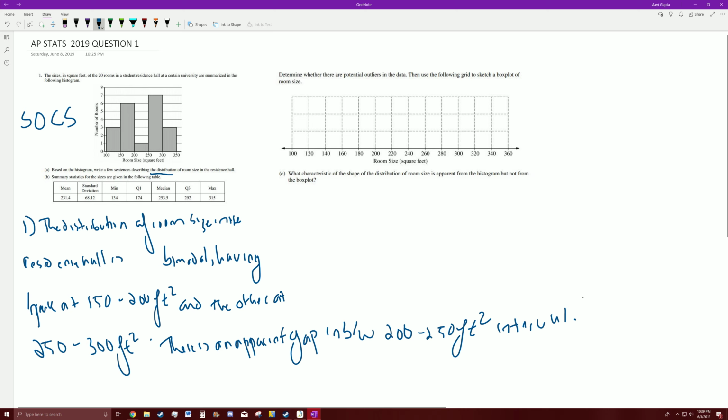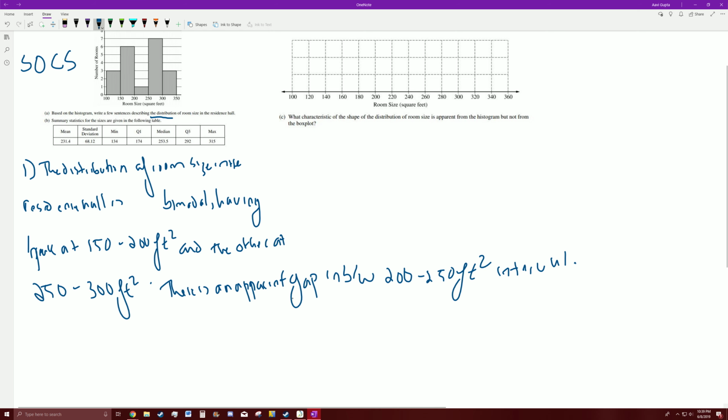Let's see. We should also talk about measure of center. So mean will be bad, so let's do median. The median is between 250 and 300 feet squared,